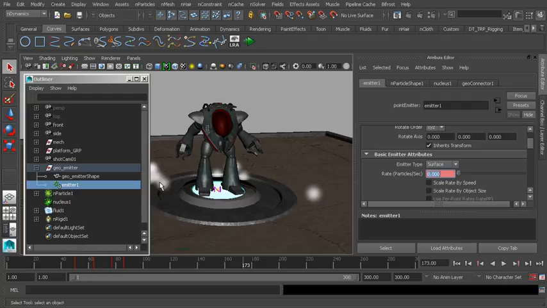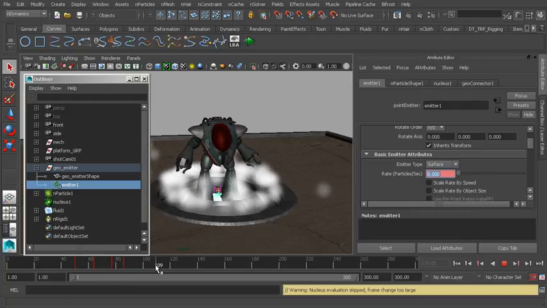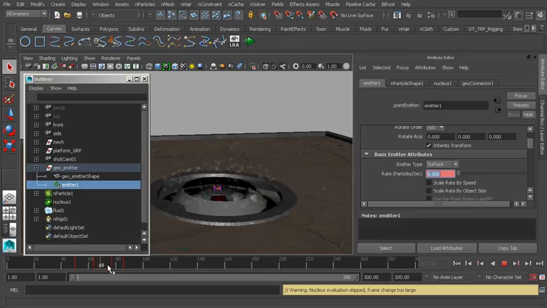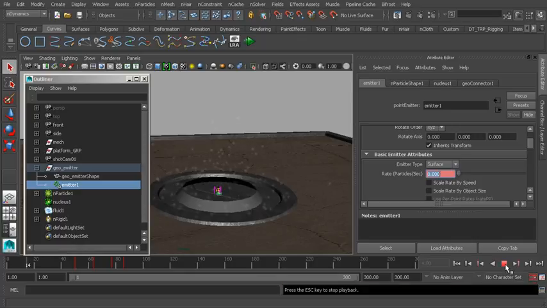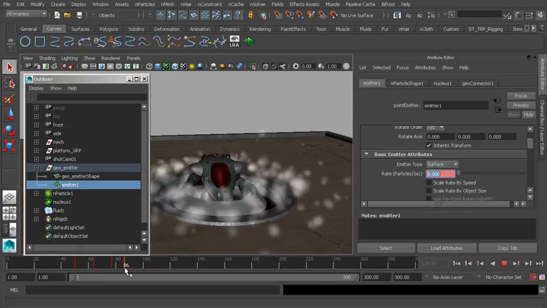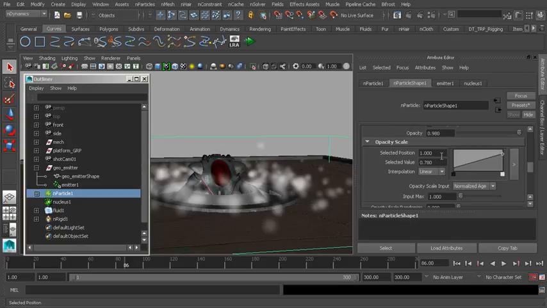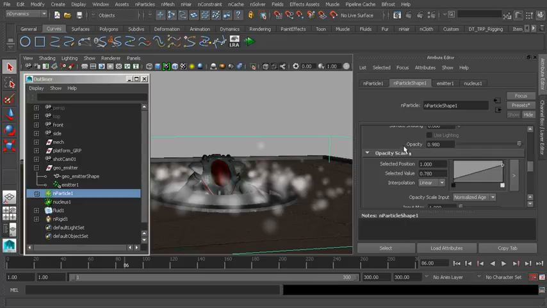Cool. Now right now we're getting a very blobby look. Let's say we have the particles disappear so that we don't have this issue, because that's going to break the illusion, right? If we have these blobs that remain and then disappear suddenly. So to take care of that, let's go ahead and move to frame 86 and we'll grab our particle object. With it selected, we'll then go ahead and find our opacity channel. Alright, sweet. So on frame 86, we'll go to our opacity, we'll go ahead and right click and choose set